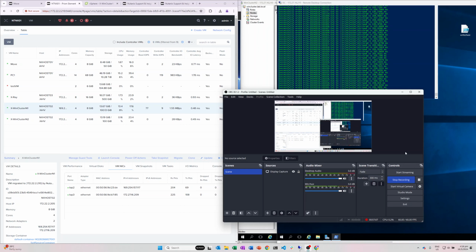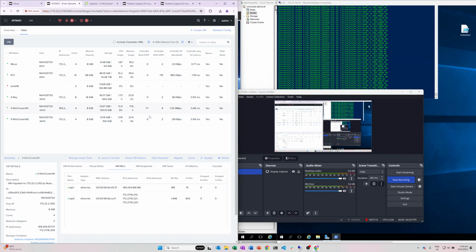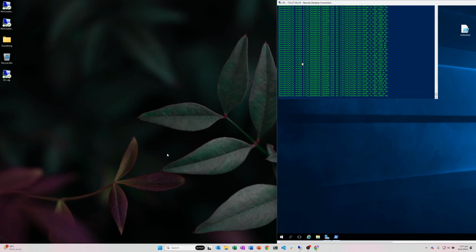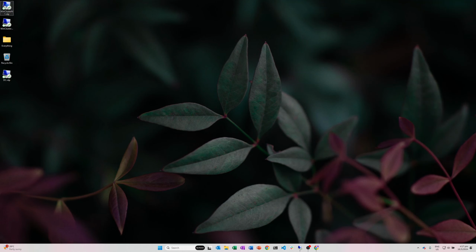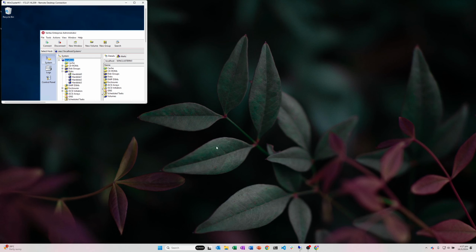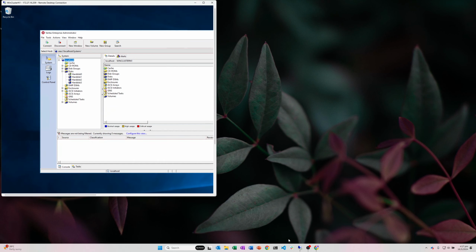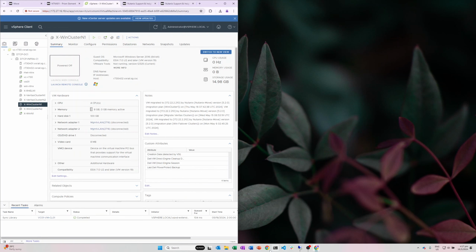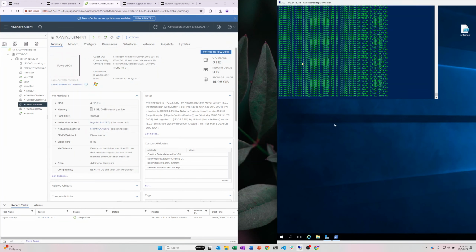All right, so our second cluster, our first cluster node has successfully been migrated as well. And as you can see, our cluster is still online. So let's just RDP onto it and take a look to make sure that the health is all okay. So as you can see here, both the cluster nodes are successfully running on AHV, and our two VMware VMs are shut down,